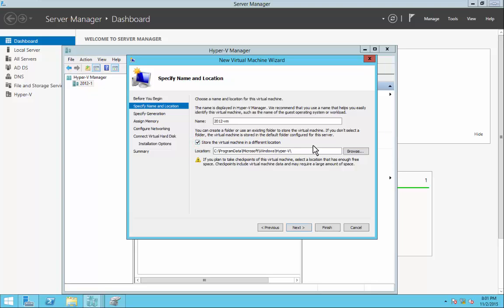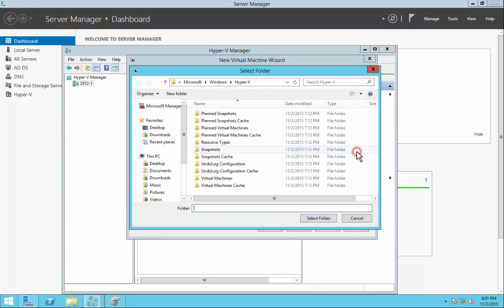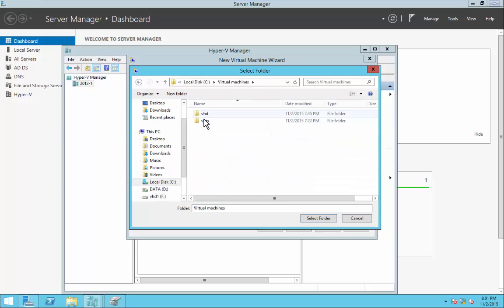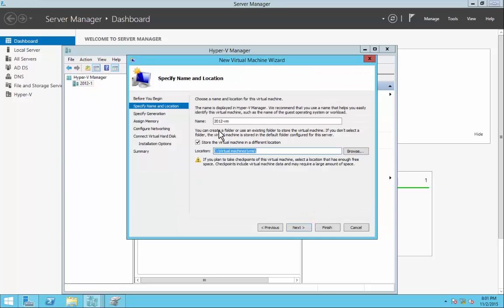By default, that's a perfectly fine location, and most systems are going to look for it there. But just for a couple things I want to demonstrate, I'm going to put it in a different folder. So I'm going to browse. And I'm going to put it on my C drive underneath virtual machines, VMs. So there's nothing underneath here right now. It's a brand new virtual machine. It's been called